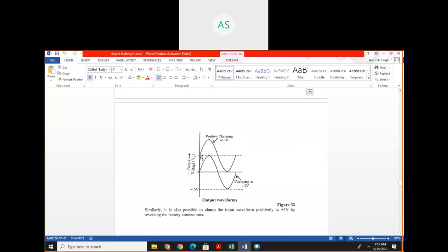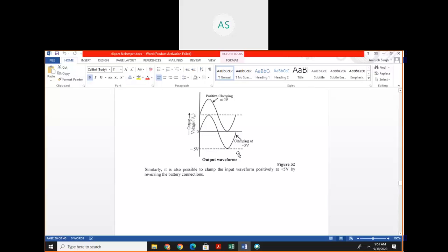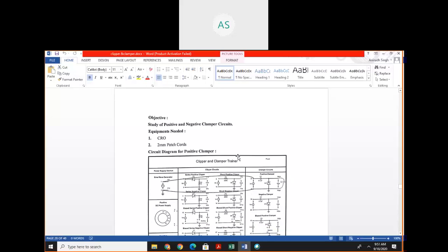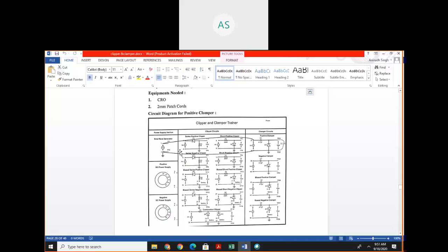For positive half cycle, this diode is forward bias, acts as a short circuit, and current is flowing in this direction. So this terminal is positive and this is negative. For negative half cycle, this terminal is negative, positive. So negative positive, and we get an output which is equal to Vi minus Vm, and it is written as